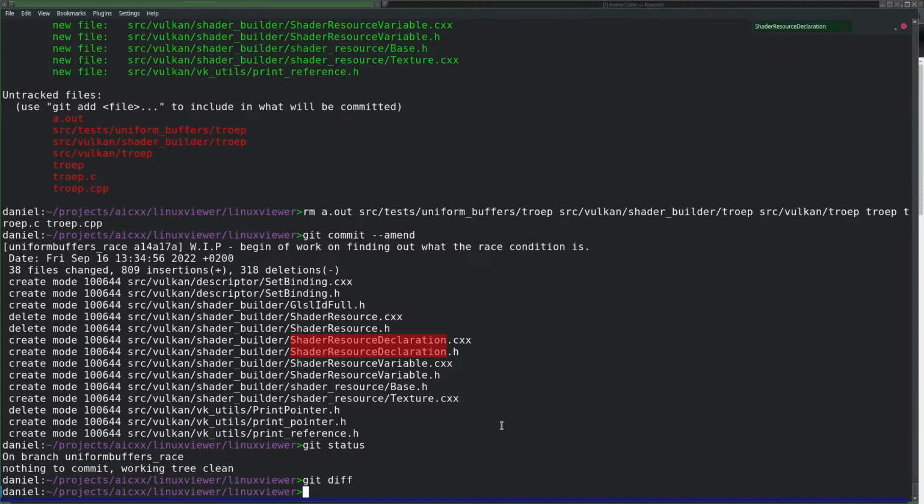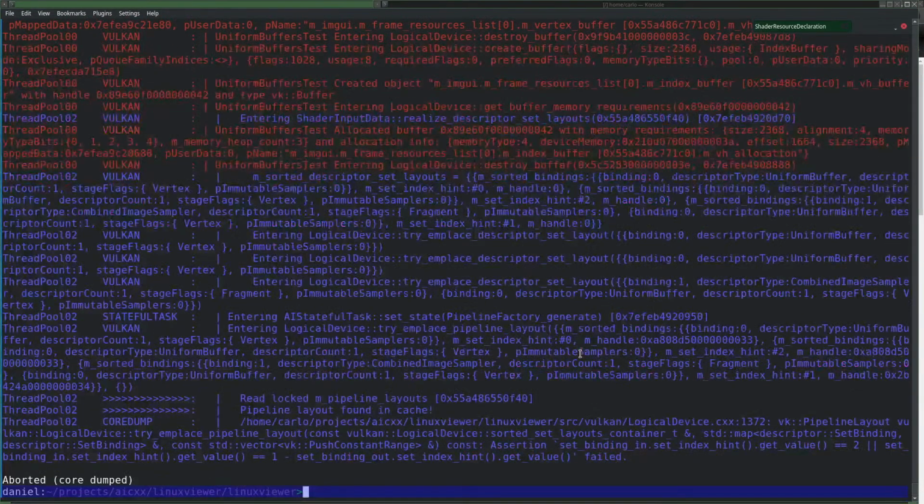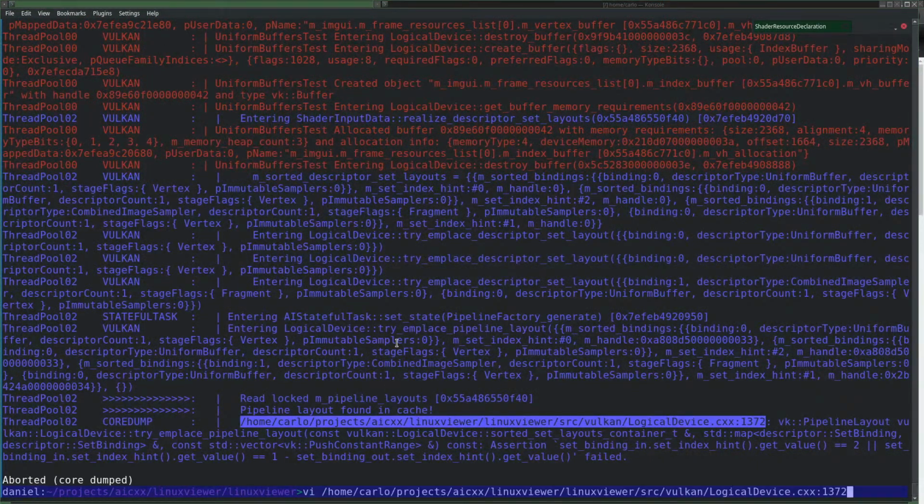So let's begin. The problem is that if I run this, then we run into a core dump from this line.